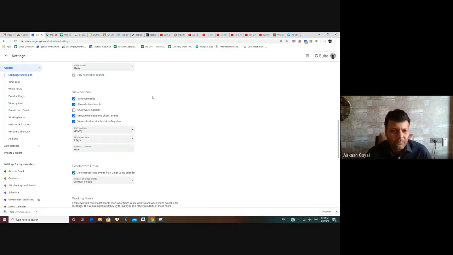Now there is another option, view options. This is particularly useful if you want to create a work calendar and you don't want the calendar to show weekends. Now if we go back to my calendar,